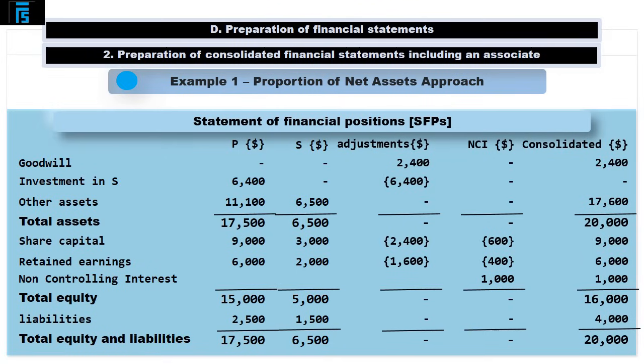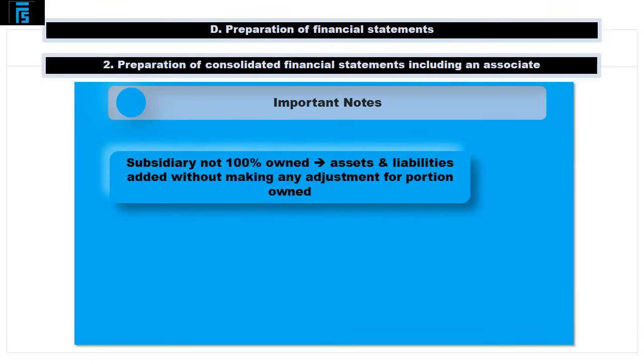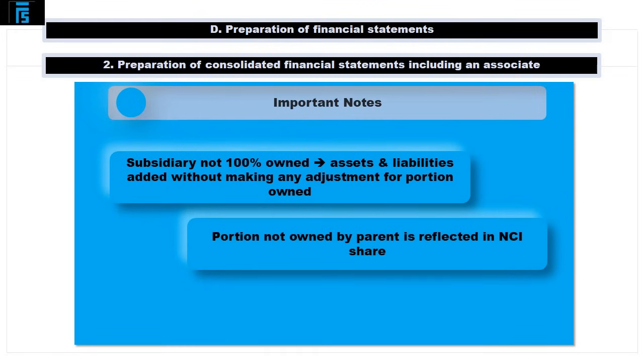previously computed asset total. It is important to note that consolidating a less than wholly owned subsidiary still requires that the subsidiary's assets and liabilities be added to similar items of the parent in their entirety, that is, without making any attempts to consolidate only that portion of their value which is attributable to the parent. As a consequence of reporting 100% of the subsidiary's net assets, the portion that is not owned by the parent is apportioned to the non-controlling shareholders in a separate line within the equity section of the consolidated statement of financial